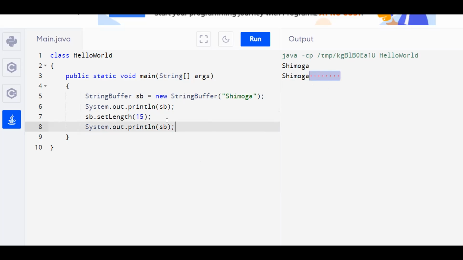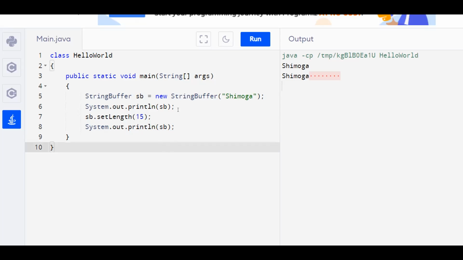When you run the same program on different compilers, you may not get output similar to this one. From compiler to compiler, there may be changes in the way they handle the null characters, so you may not even notice it. So that is the working of the setLength method.